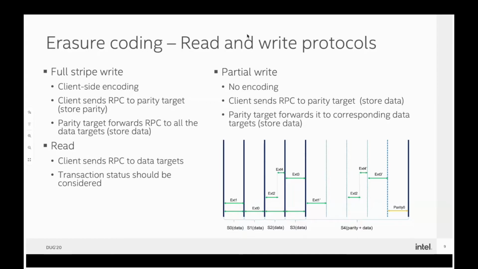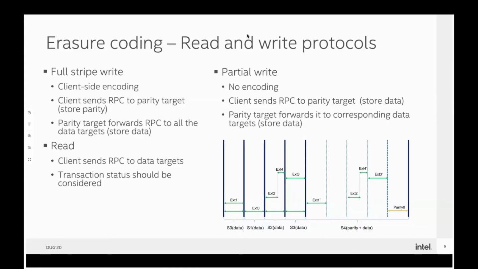However, if the write is not stripe size aligned and it's a partial overwrite to the old data, then parity computation on the client is going to be very complex and expensive, because the client has to read part of the stripe first, then compute parity based on the merged data and send both the data and parity back to the server. So if an application is appending data all the time, then it will kill the performance. So that's the reason DAOS does not do that.